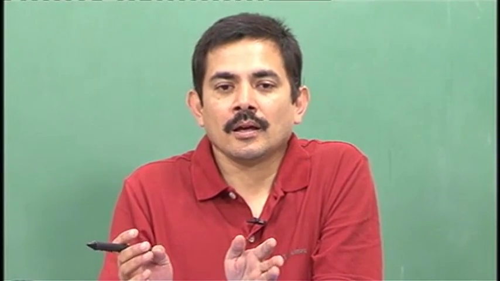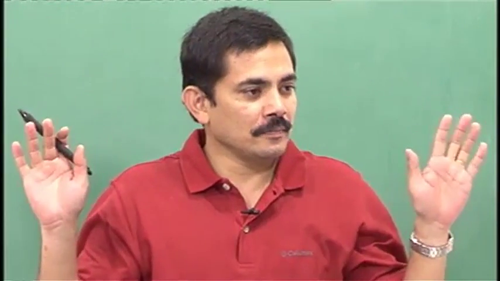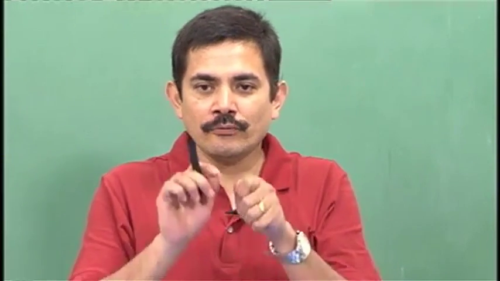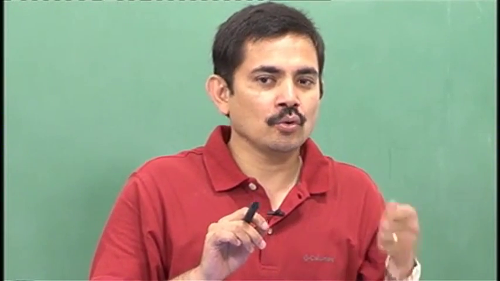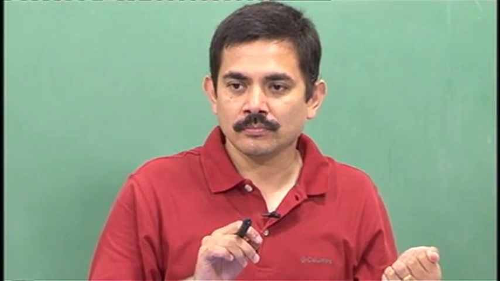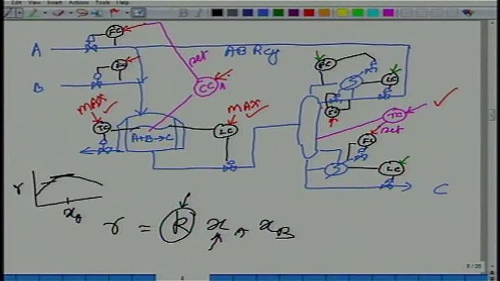Yes or no? So I have got 6 degrees of freedom. The moment I start thinking about the process, there are ways of fixing those degrees of freedom to reasonable values. Yes or no? So now I know how to fix this. What is it that is left? The two things that are left are fresh B flow rate and reflux.